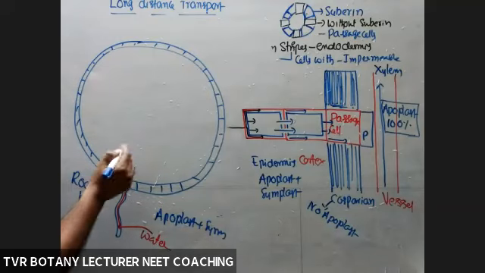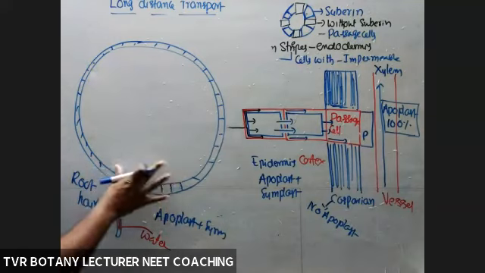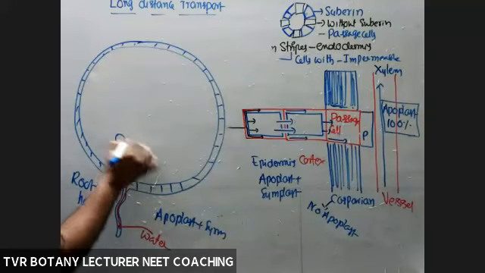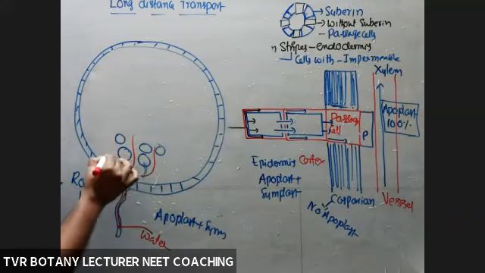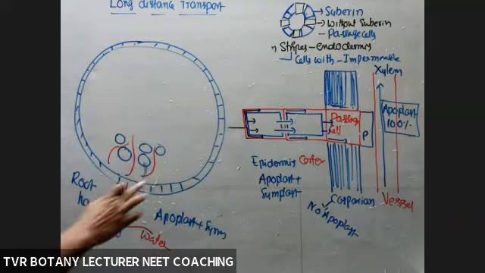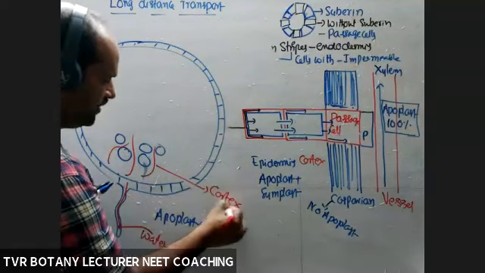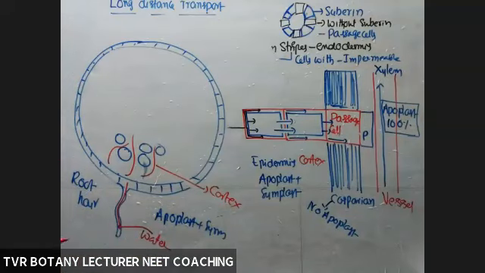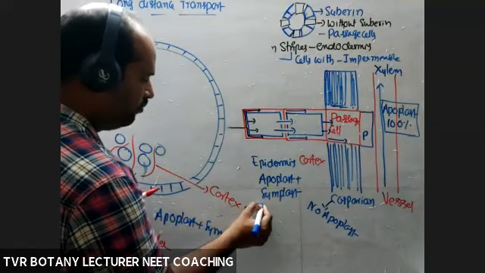So next one, this one is a cortical cell. In the cortex, what about the arrangement of cells? Loosely packed. A massive cortex is present. So now intercellular spaces. Loose parenchymatous tissue. So this one is the cortex. In the cortex, cells are loosely packed, so restrictions are very few. So in the cortex, more apoplast.